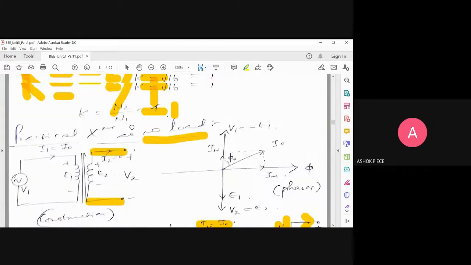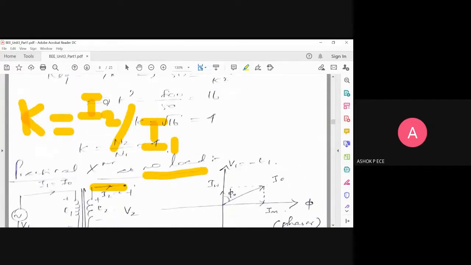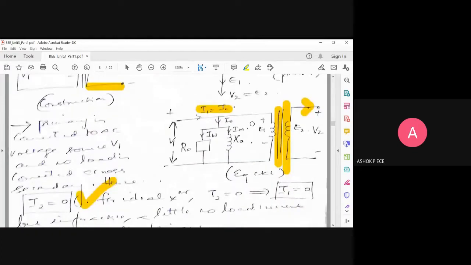No, ideally, as per the turns ratio equation, if I2 is 0, I1 will also be 0. When there is no current in the secondary, there can be no current in the primary. The law of conservation of energy should be obeyed, right? If there is current in the primary, there should be current in the secondary. Without considering the equation, if you logically see, ideal transformers don't have primary current when the secondary is open because the law of conservation of energy should be conserved, right? If energy is there in the primary, energy should be there in the secondary. If energy is not there in the secondary, logically energy should not be there in the primary also.